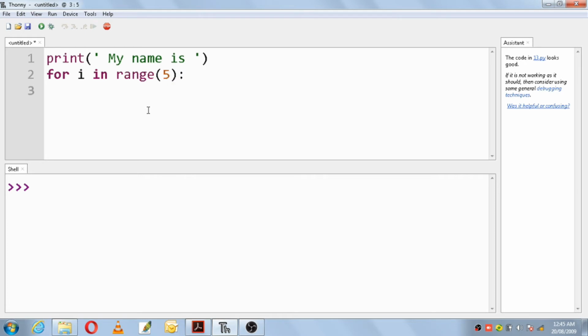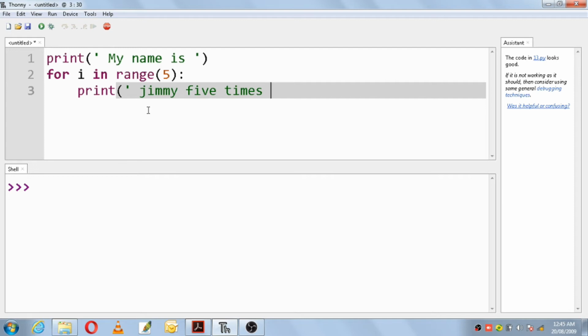Next line, print Jimmy 5 times, okay, put a parenthesis, make use of the concatenation and make use of the function str of I. If you don't put those parentheses, then it will be considered as part of the string itself. Okay, so you put your parenthesis, close the concatenation, close that function, and then you close the print function.